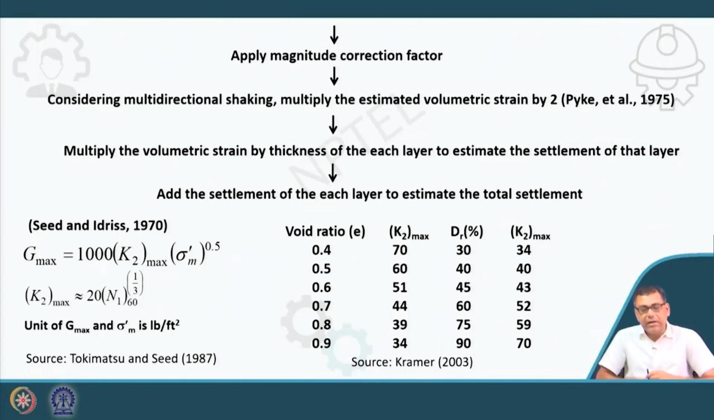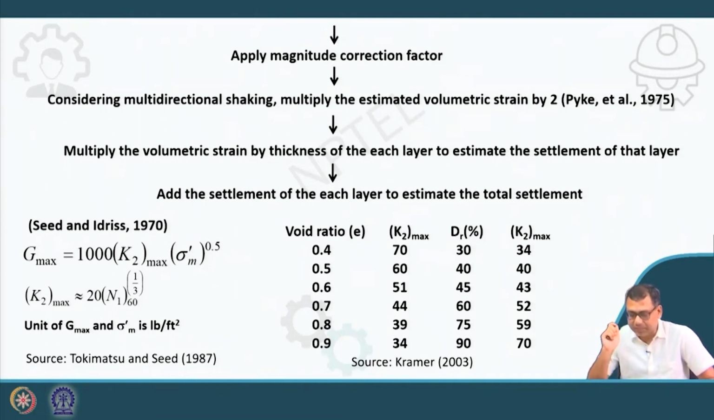Then, considering the multi-directional shaking, multiply the estimated volumetric strain by 2, because here we are actually calculating the vertical strain, vertical deformation, but we are considering one dimensional shaking to estimate these equations or this process. Now our shaking is multidirectional, okay. So that's why you have to apply a factor of 2 to the